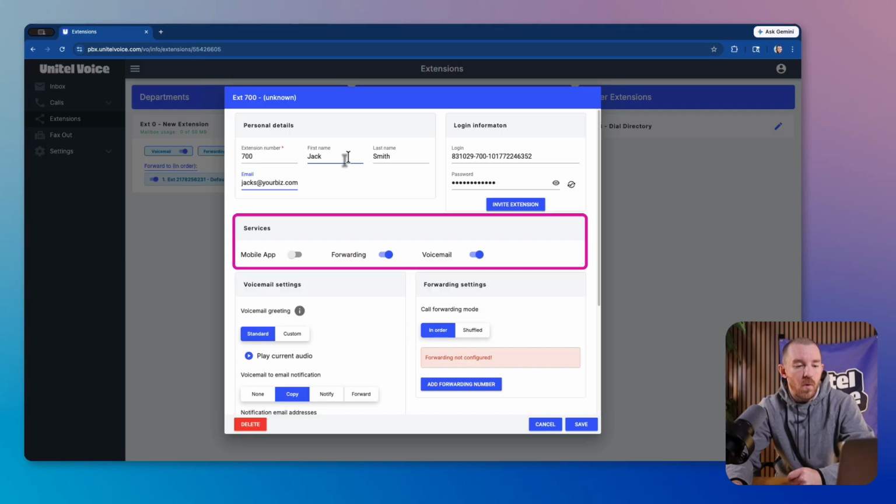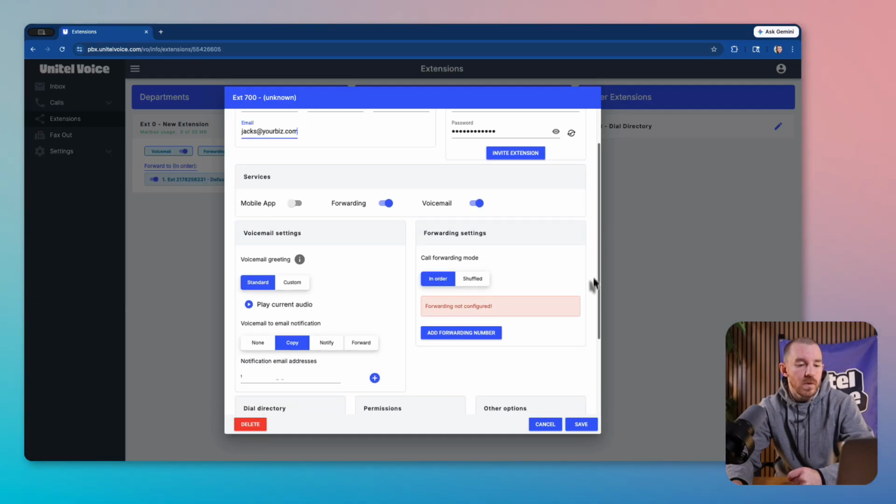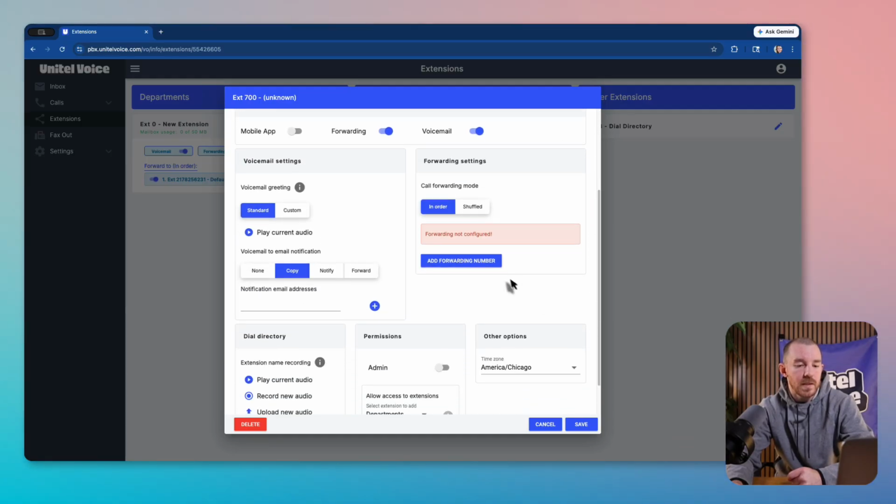Toggling on the mobile app will allow you to connect the mobile app to this extension. Forwarding controls traditional call forwarding to other extensions and phone numbers. And here you can turn the voicemail off if you want to use your own device's voicemail. You're going to be forwarding to a phone number, so we'll jump down here to the forwarding settings and add